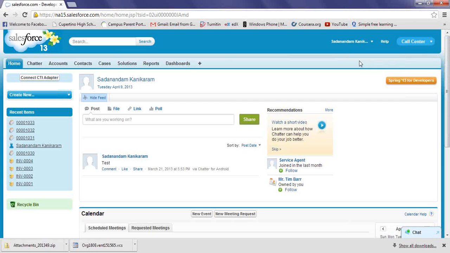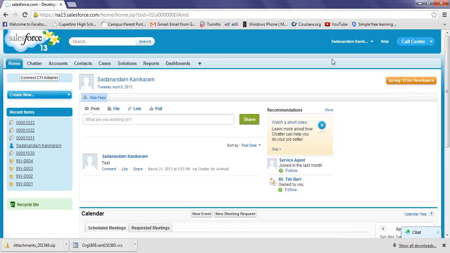Okay, any questions so far? No, but one question I have. How to put this question? A user, based on the role, does the view change once he logs into the application? Do we get to control that?